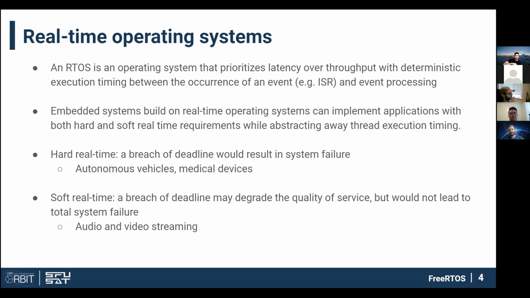But this also means that you're going to generally have a lower response time because your kernel, your operating system doesn't run as frequently, so you can't respond to events as quickly as you otherwise would have been able to. So a real-time operating system is an OS that prioritizes latency over throughput. So we spend a lot of time, relatively speaking, in the scheduler and the operating system, checking for events, checking the passage of time. And doing that, we can very quickly respond to events and get a very precise resolution and time measurement in the system.